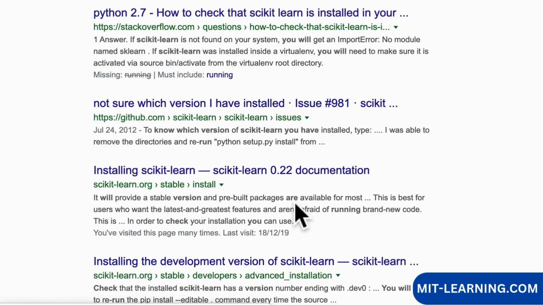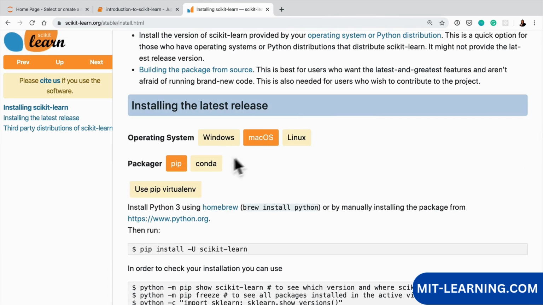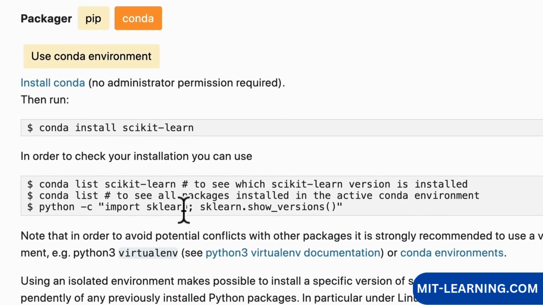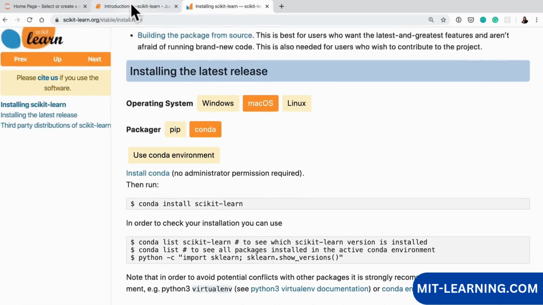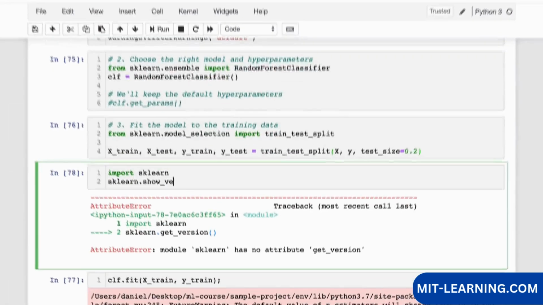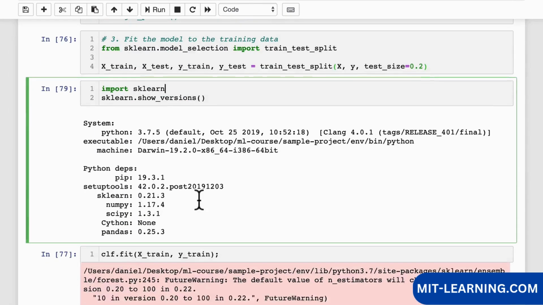Installing scikit-learn. We'll check the scikit-learn documentation, macOS, Conda, so that's me here. Scikit-learn, show versions. I'm seeing what version of scikit-learn I have. So if we go show versions, wonderful. If we go through it, Python dependencies, we're running Python 3.7.5, yep. And we have scikit-learn version